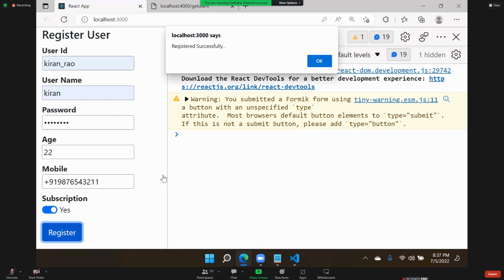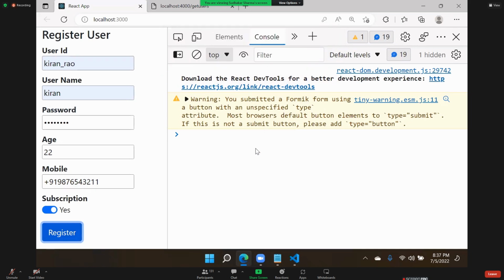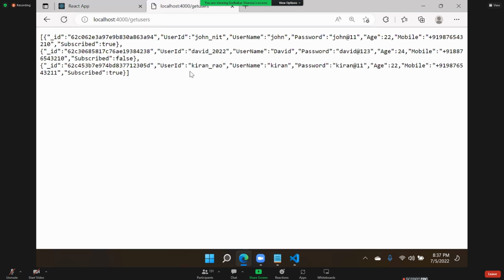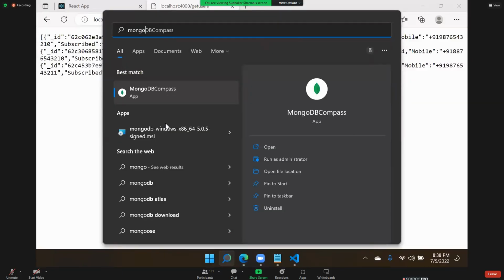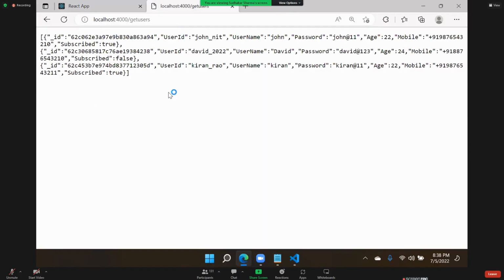So that means it says registered successful. After registered successful, later we will navigate. That is not done yet. For that, we need to design navigation. Now, once I refresh here, the new detail is added. That means it is successfully posted into the database. And you have to check once whether all the data types are correct, right? And it is there in the database. That is the reason it is coming here. You can check the database. Where is our database? MongoDB, right? In the MongoDB,